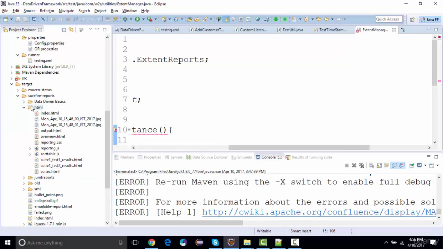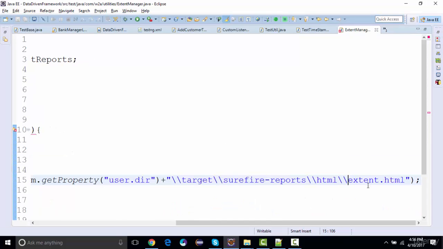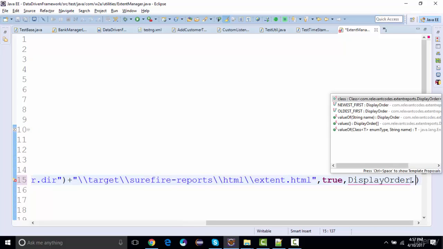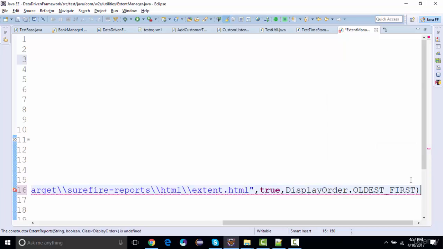So we have surefire reports, we have HTML, and under that there will be a report that will be generated, that is extent.html, right? And we're gonna define the flag as true, and we'll say DisplayOrder.OLDEST_FIRST,